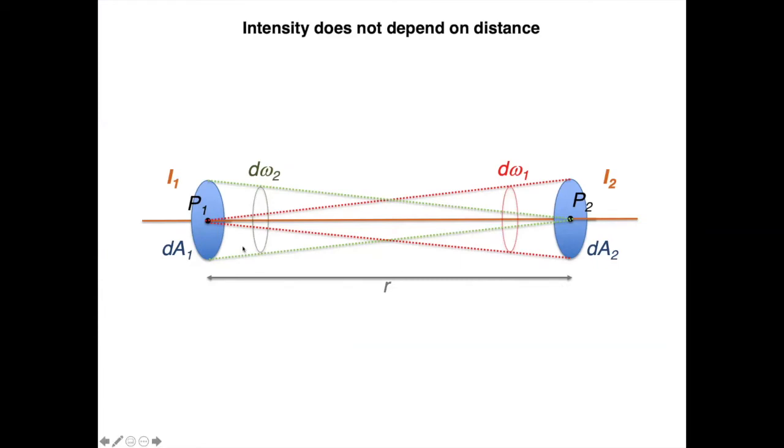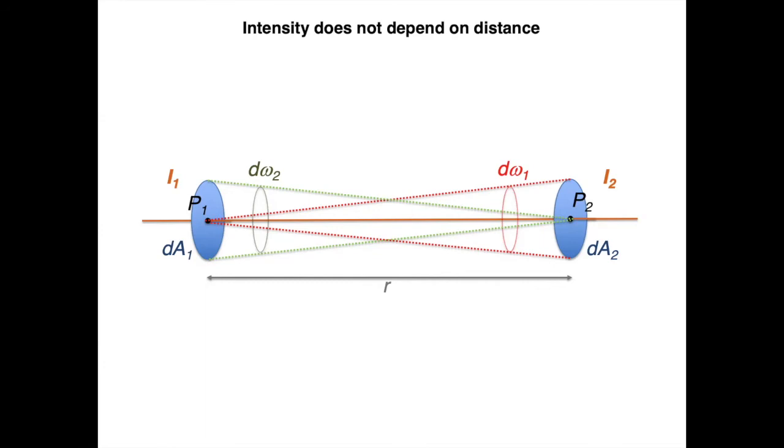What we're going to do is construct an area around P1, that's the area dA1. This area is emitting radiation. And then you construct an area dA2 around P2 that will detect this radiation. So these are the areas dA1 and dA2. Now consider the solid angle d omega 1, which is this one, that goes from P1 to the area dA2. Now the energy flowing from the area dA1 around P1 into the solid angle that crosses dA2 is going to be given by